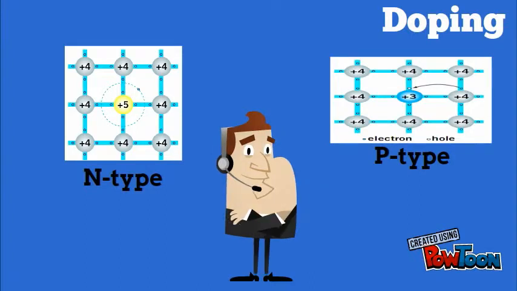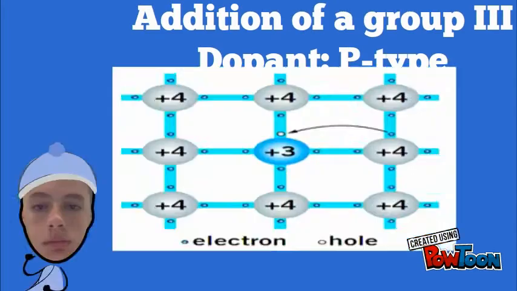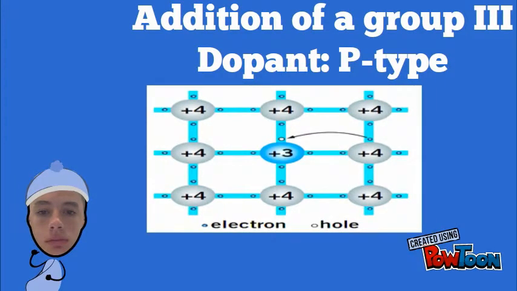There are two different types of doping, p-type and n-type. Group 3 atoms have one less electron in the valence shell than group 4. When added into a semiconducting lattice, the three valence electrons form covalent bonds with surrounding atoms. The absence of a fourth electron leaves a positive hole in the lattice